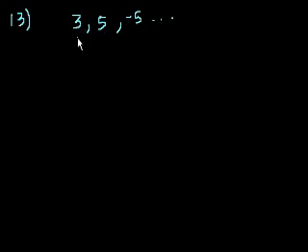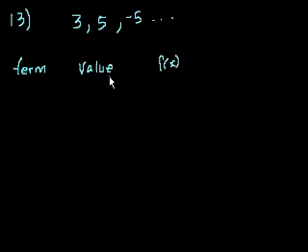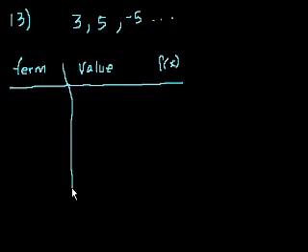So we started with 3. So let me write here term, and then value, and then what we did. Maybe we could call that f of x, right? Or the function. How did we go from one value to the next? So if we make a table,